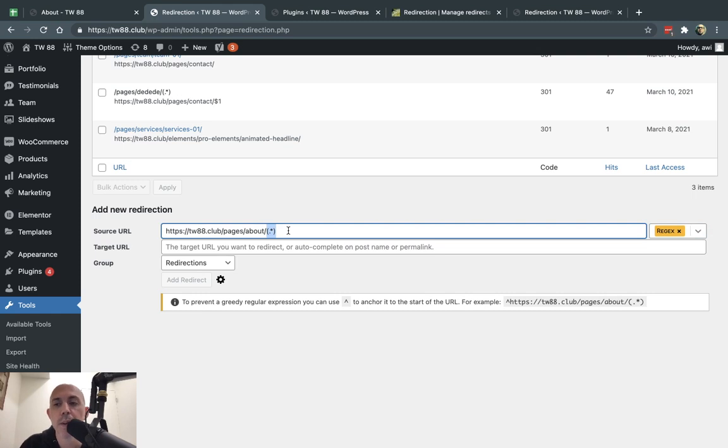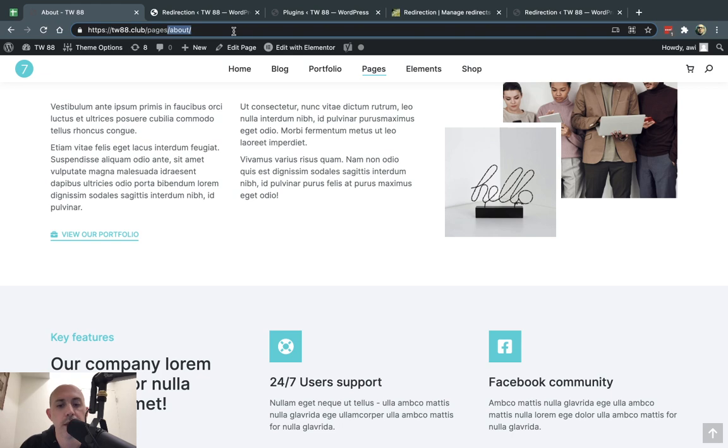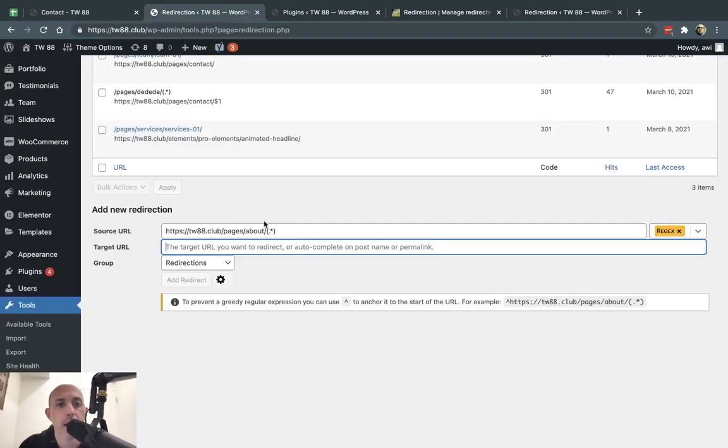Now, there are so many ways to use regex for finding specific patterns in URLs, but this is one that's very, very simple. And so you type in anything with About Us that's found. I want to redirect, for example, to our contact page. Okay, so contact. Okay, I want to redirect here. So when I do that, I can click here.